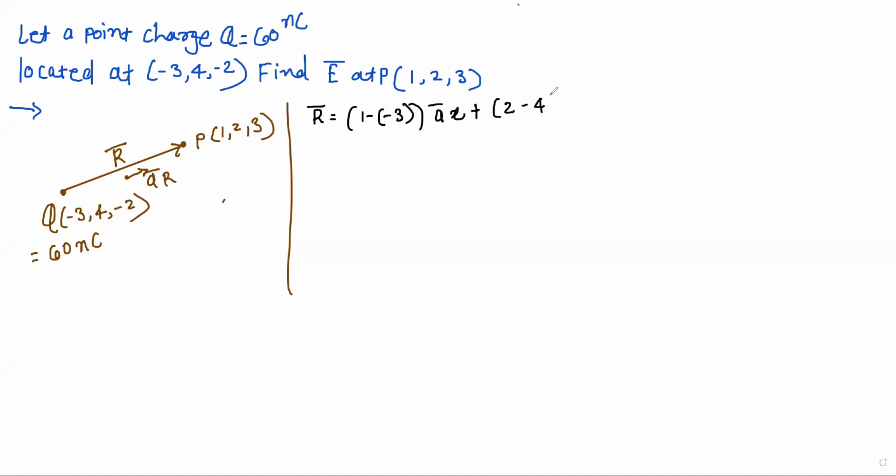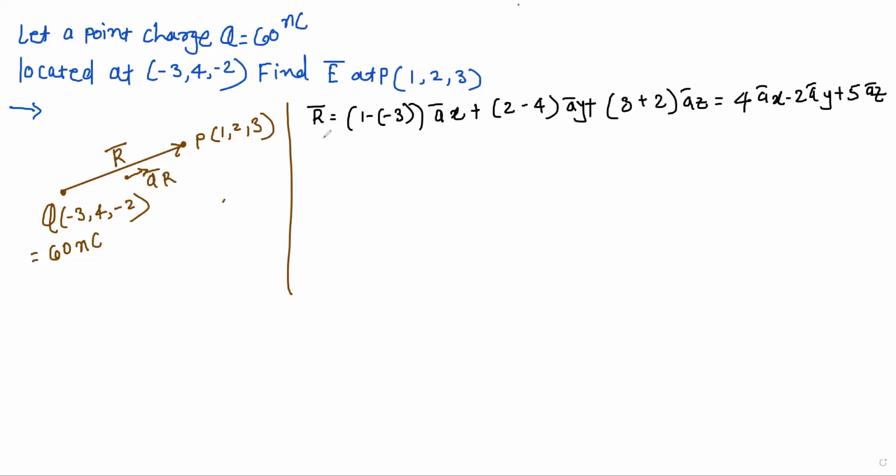Plus 3 plus 2 a bar z, absolutely correct. So the final vector that you get here is 4 a bar x minus 2 a bar y plus 5 a bar z,